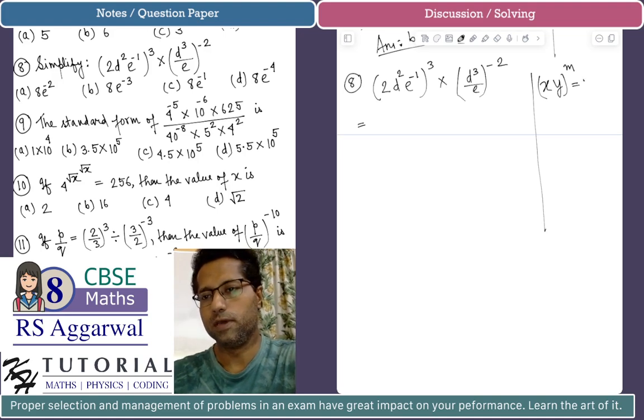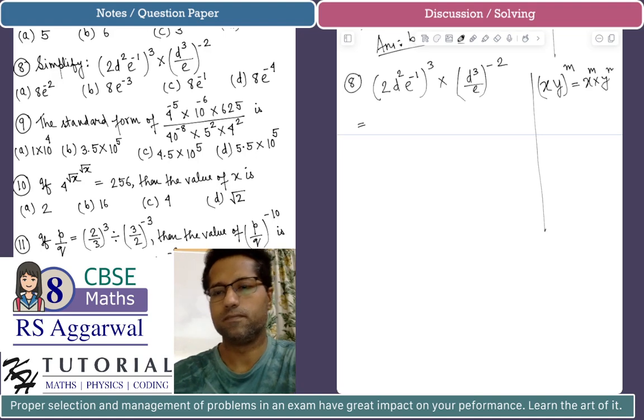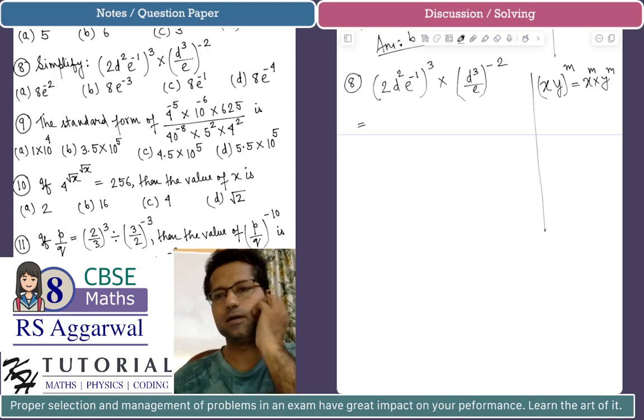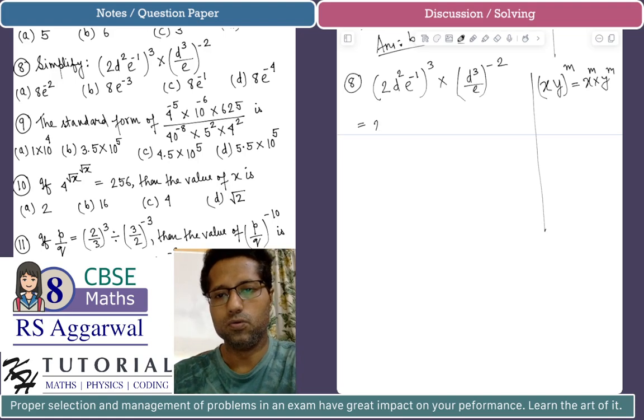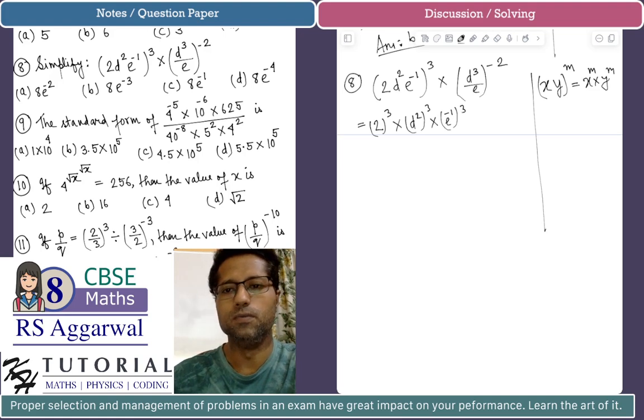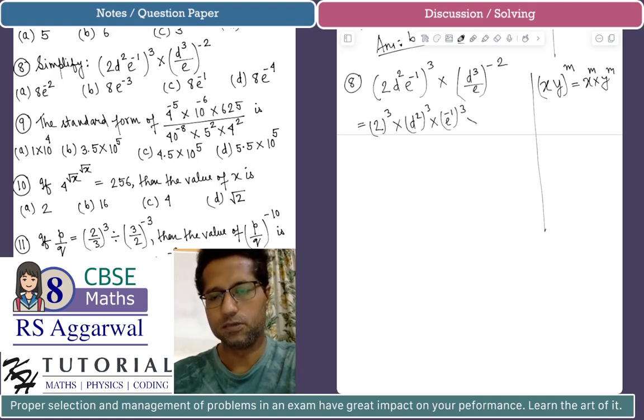This will be equal to x to the power m multiplied by y to the power m. So using this concept, we can say that the LHS will be 2 to the power cube multiplied by d square to the power cube multiplied by e to the power minus 1 whole raised to the power cube, and this multiplied by,